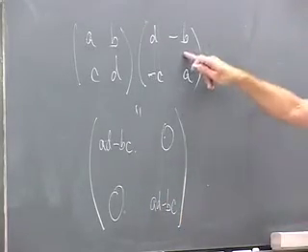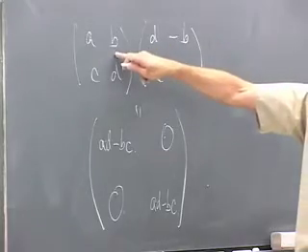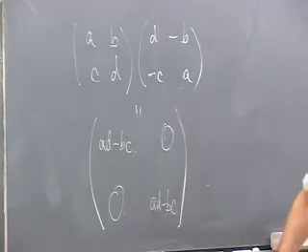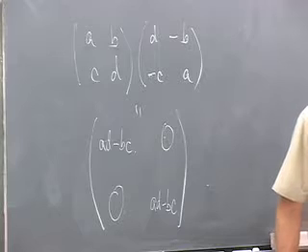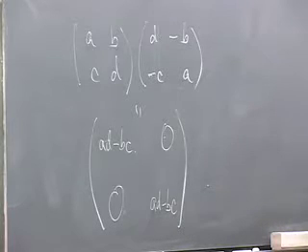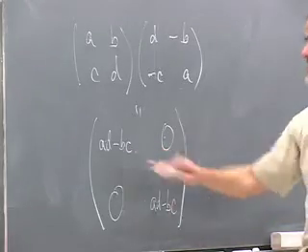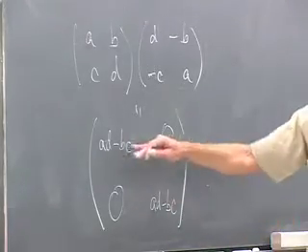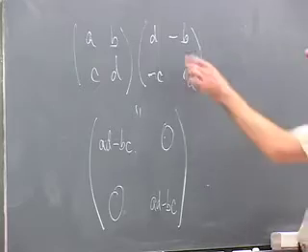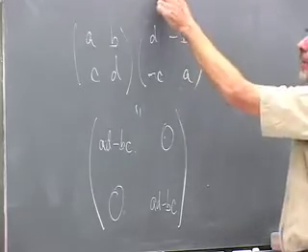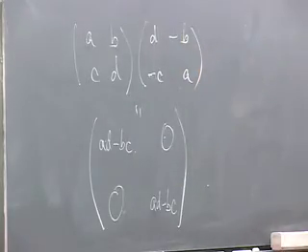So if I take this matrix and multiply by my matrix, I get something which isn't the identity, but looks pretty close to the identity. Namely, it's a scalar multiple of the identity. And the only problem might be that this scalar might be 0. But if this scalar is non-zero, then I could have taken this matrix and multiplied by 1 over it, and I would get the identity.